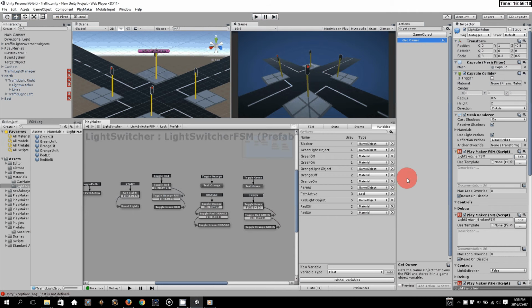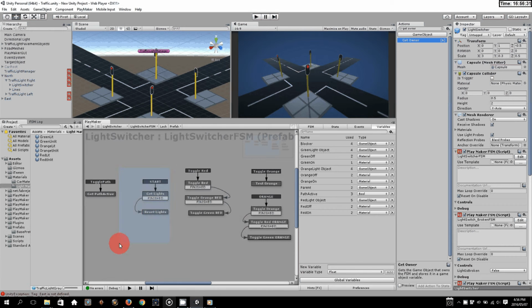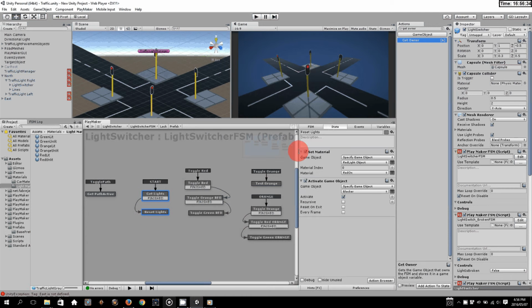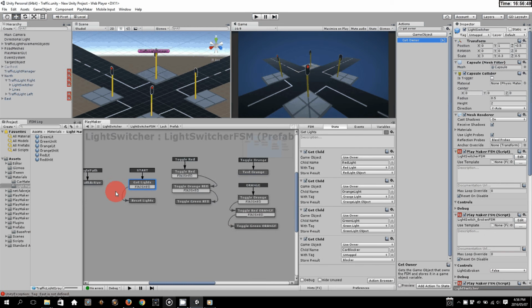So here are all the variables. I'll show you how each one of them is used right now. I'm also fighting against time because if this thing gets too large, it takes forever to upload and might crash. First, we're going to start with the starting state. With the start, it will most likely be called S1 if you followed the previous startup tutorial. Just call it get lights and control click it to add a finished